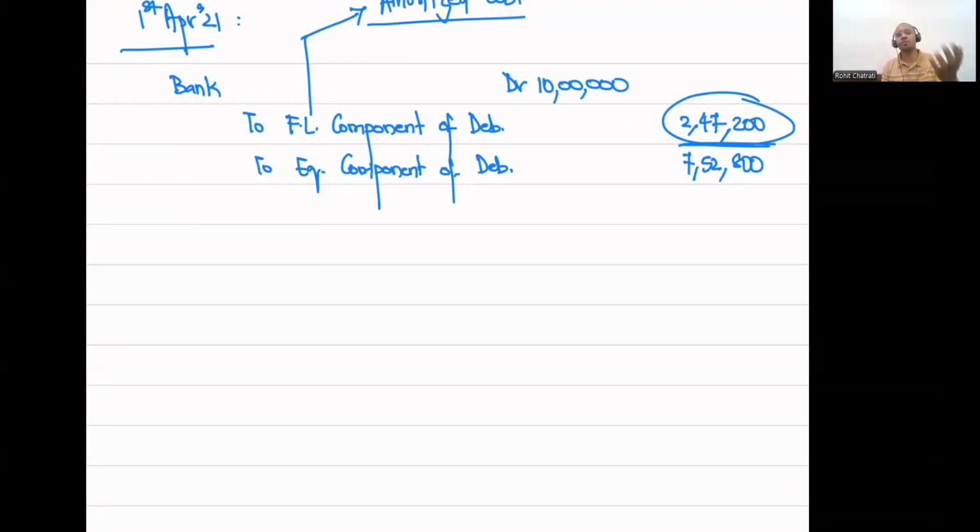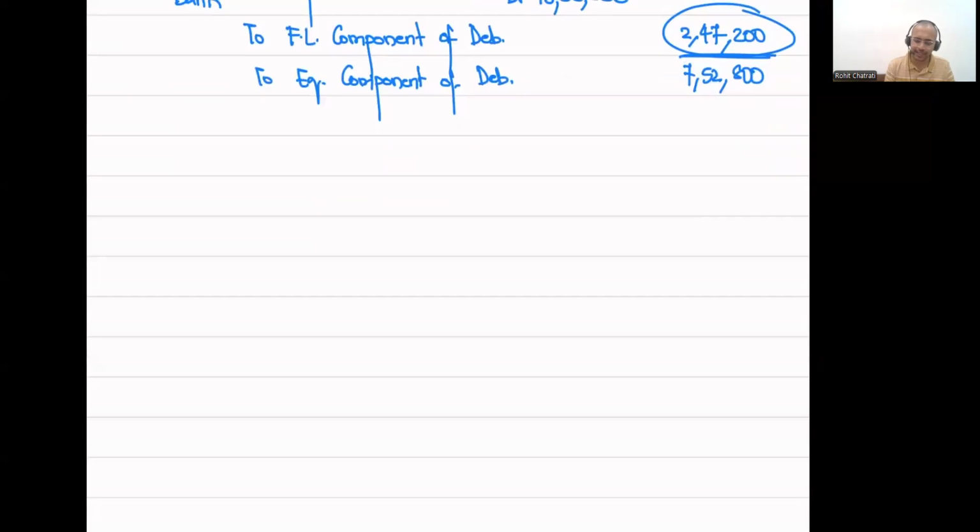Just like how on any borrowing you have interest that is recognized, on this liability also, we are going to record interest at the rate of 15 percent every year. So if we calculate interest for year one, the interest for year one would be